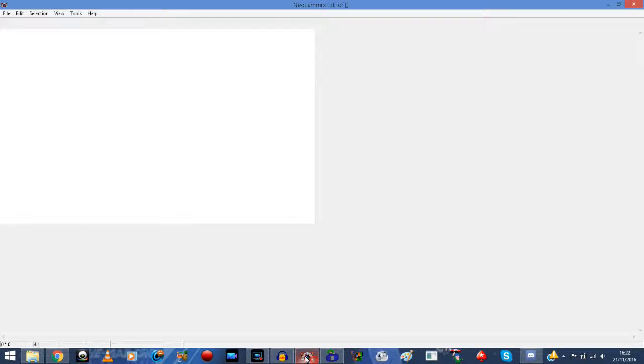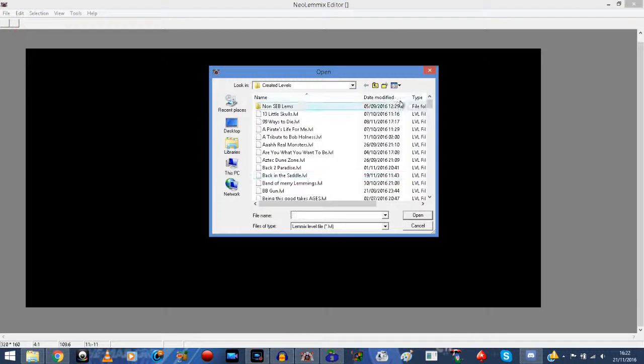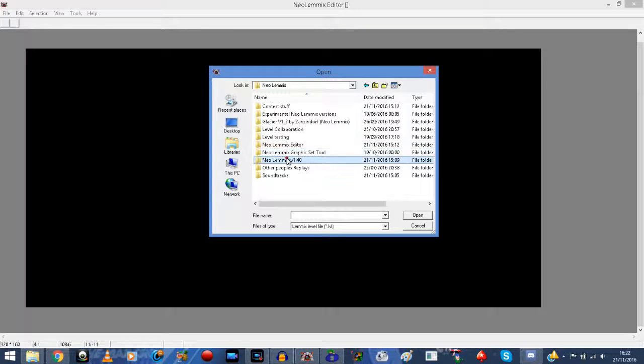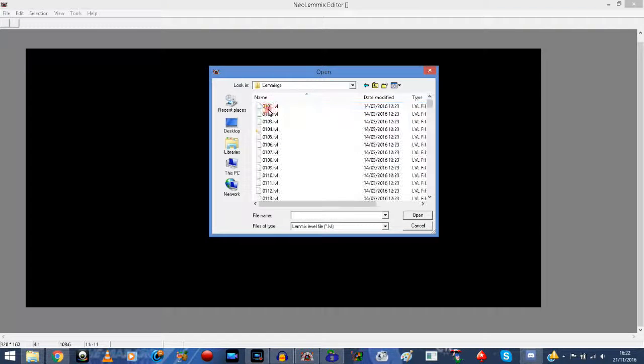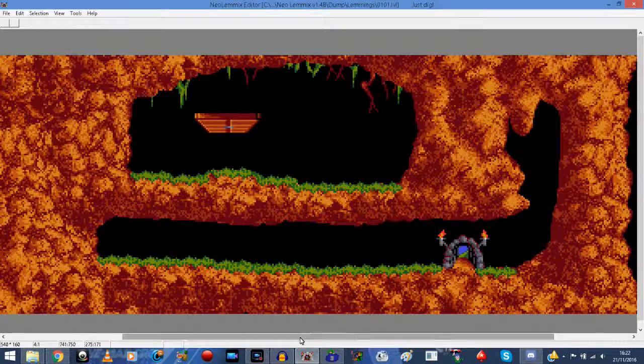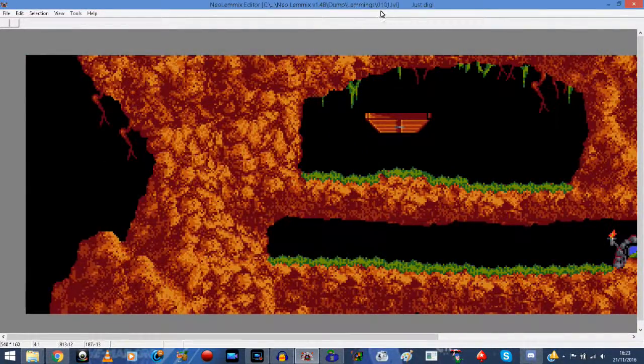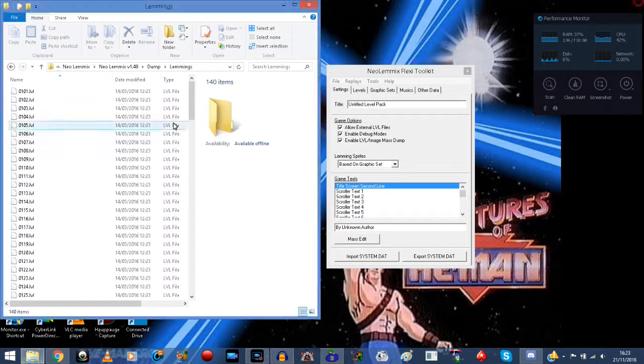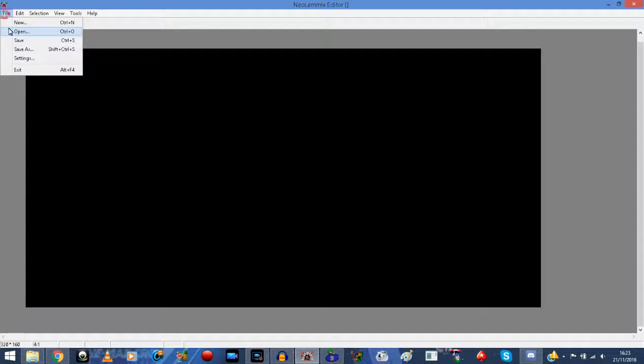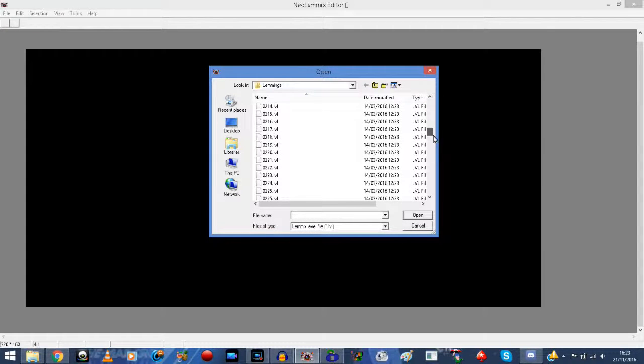such that I can open the editor, go back to that. Look, there's just dig, which is 0101, and basically what it does is 01 is the rank, and the next two numbers after that are the level number. So if you want a rank, if you want Mayhem, for example, Mayhem 6, which I'll show you. I think I wanted to show you Mayhem 6 because of something in the